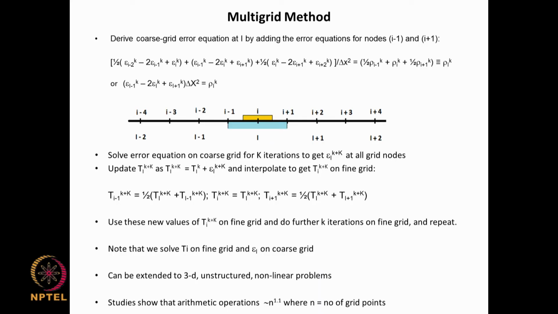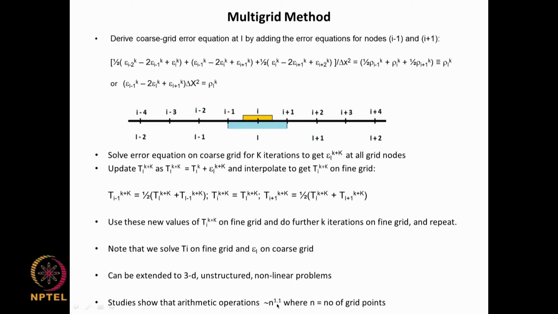So, this needs to be compared with n cube number of operations for a Gaussian elimination, n square number of operations for a Gauss-Seidel method, n to the power 1.5 for the optimal SOR method, and there are other methods like conjugate gradient method which have as a theoretical limit n to the power 1.25 for the conjugate gradient thing, and here you have n to the power 1.1. So, this represents a significant improvement over the Gauss-Seidel method and Gaussian elimination method,